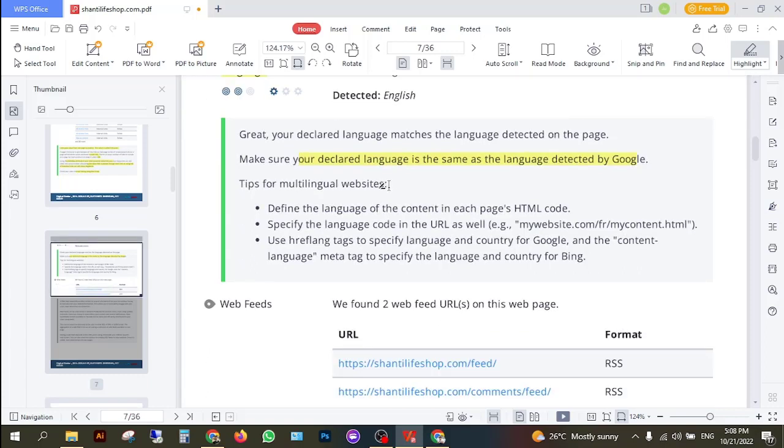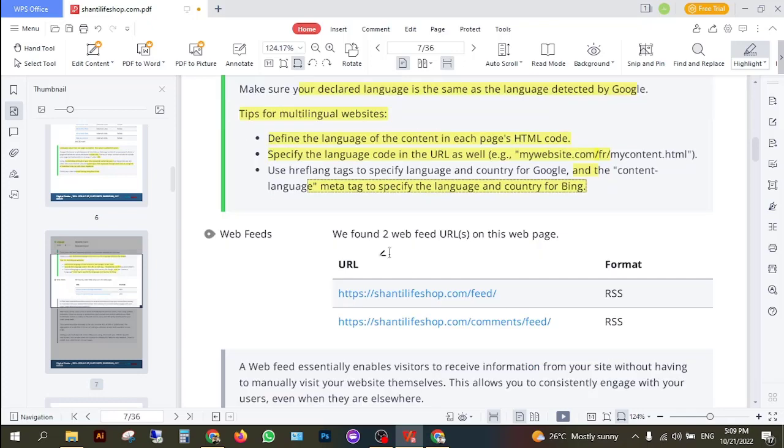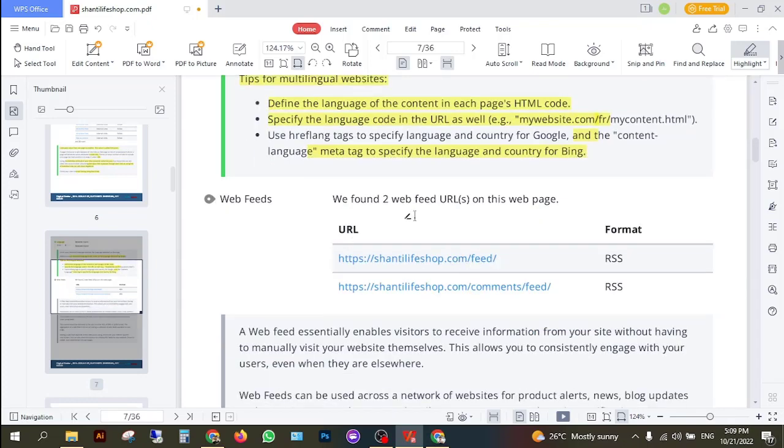Tips for multilingual websites: if there are multiple languages on the website, then define the language of the content in each page's HTML code. This is developer work, so they will define it. Specify the language code in the URL as well. Use hreflang tags to specify language and country for Google. They are used for Google, and content language as well. Use a meta tag to specify the language and country for Bing. So for example, this is